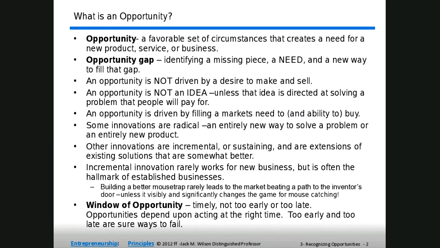Okay, so back to this idea of an opportunity and an opportunity gap. Many people confuse a great idea with an opportunity. It may or may not be an opportunity. It's only an opportunity if it's directed at a problem that people will pay for. It has to fill a market need. Now, this is going to form the basis when we come back and we study in detail the Lean Launchpad, because a big part of what the Lean Launchpad is going to do in the future chapter, and that we've talked about in the first chapter, a lot of what they're going to do is called